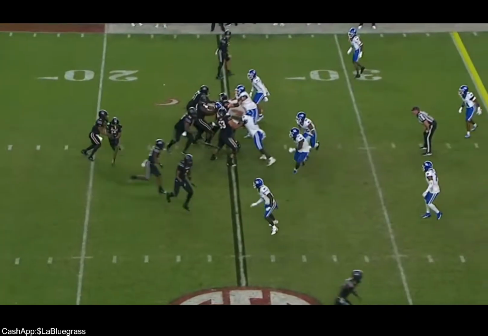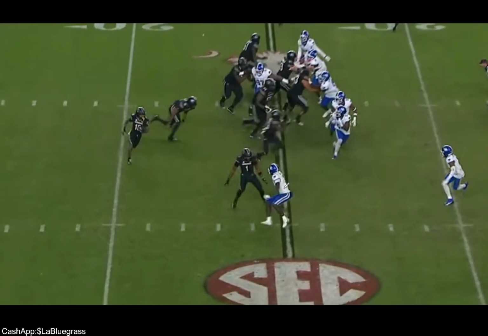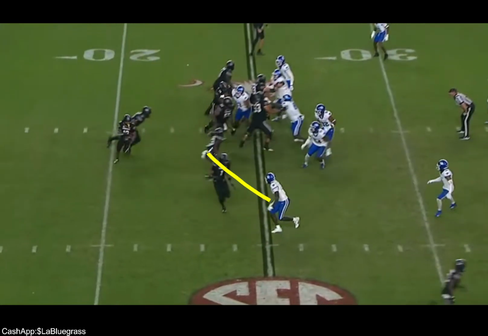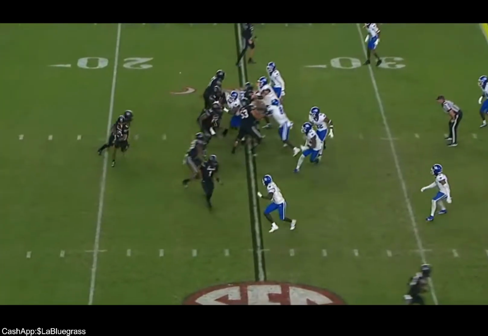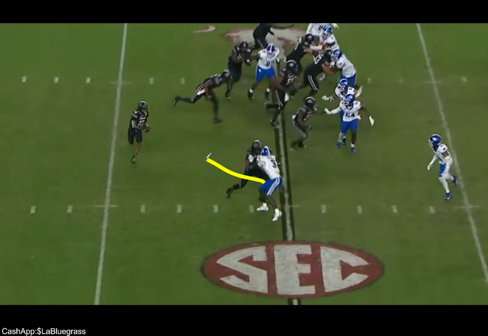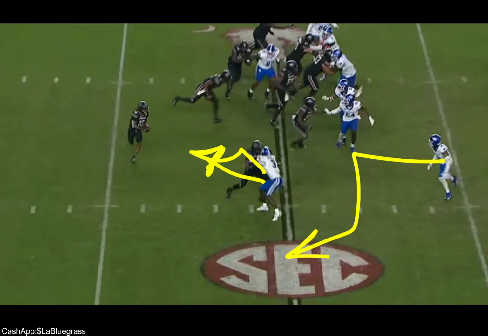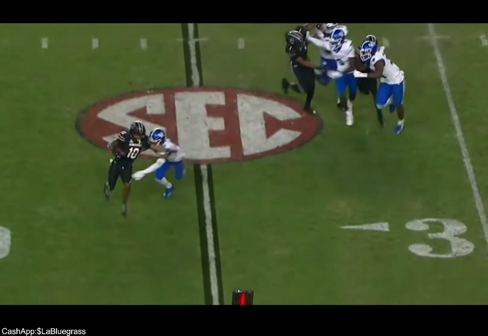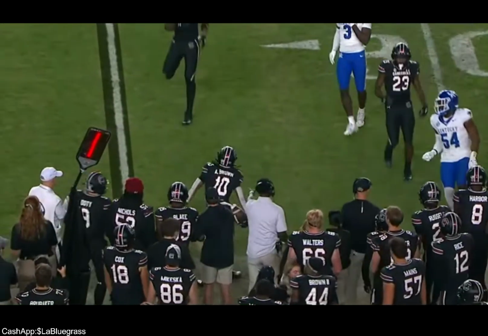Now, this is good stuff by Afari. But Afari needs to eventually hit that guy. Here's why. See him? See Childress? He's going to play off of you. If you came up here and attacked it more, it makes his job easier. This is a great job by Childress, adjusting his fit, getting a tackle.